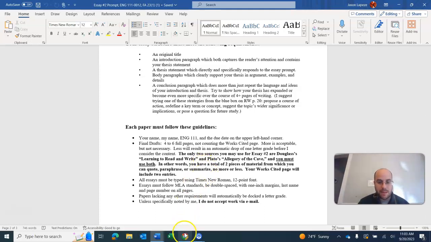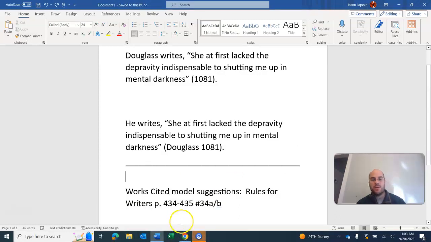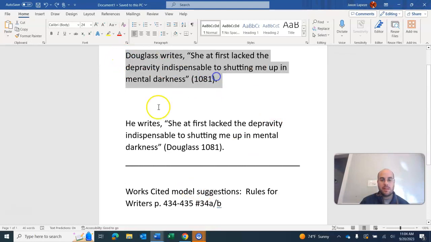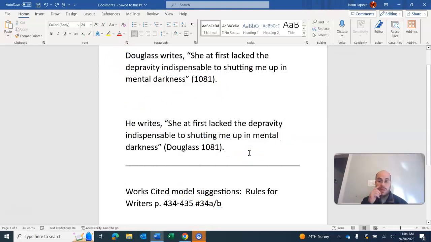One more thing before I let you go, and this relates to how to quote and how to document your sources. All right, so these two examples here and here are ways to quote from Douglass or Plato and get those quotations into your paper without messing it up, just as far as formatting goes, messing up punctuation and subject-verb agreement, all that, and ways to avoid plagiarism, ways to avoid your audience assuming that you're trying to take credit for Douglass and Plato's ideas.